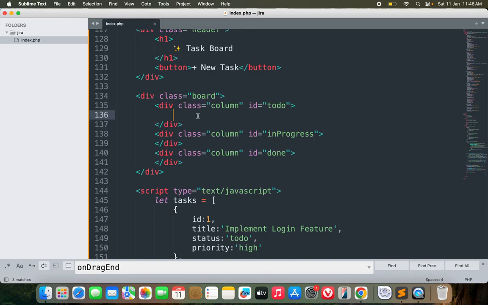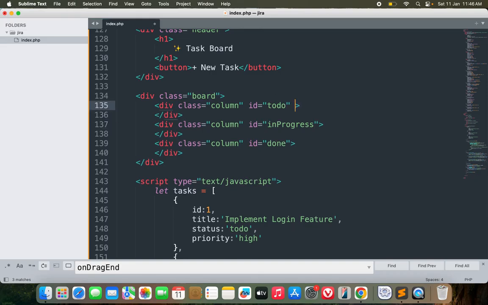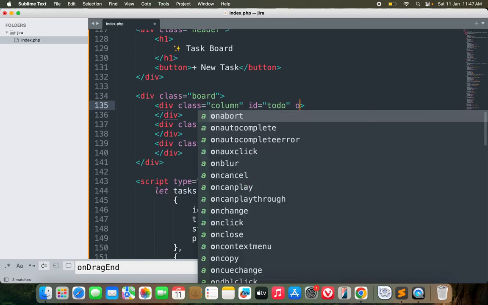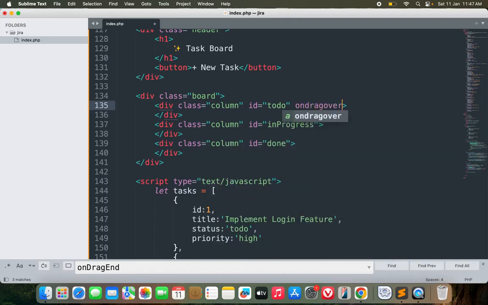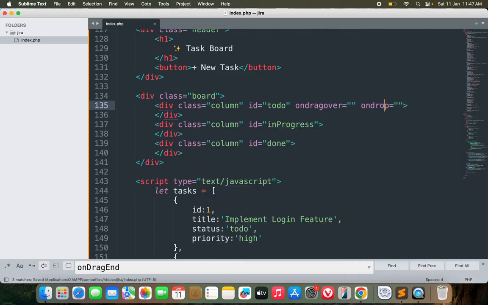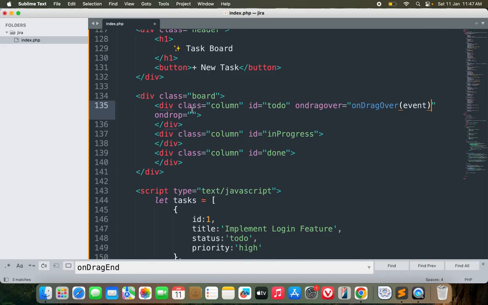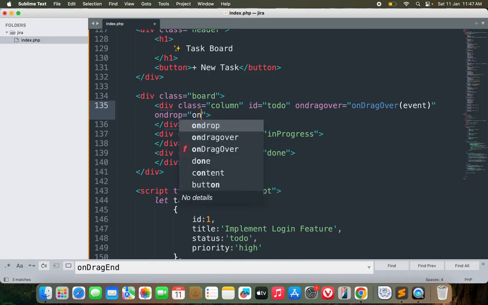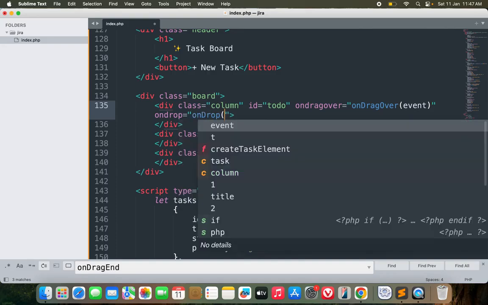So for this column, it should have two things: on drag over equals something, on drop equals something. On drag over means I'm about to drop something here, so I'll call on drag over with parameter event. On drop means I already dropped something here. So on drop event,